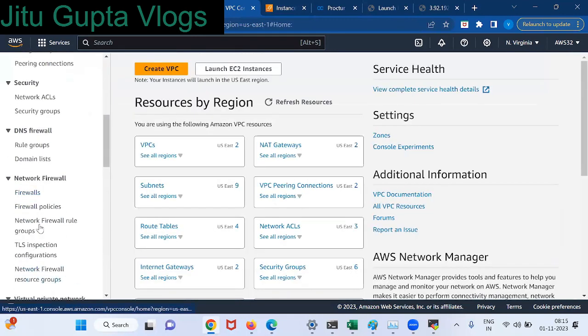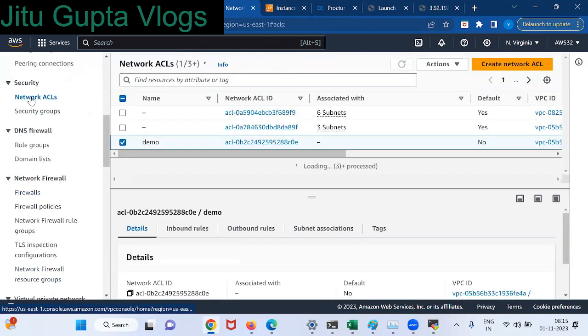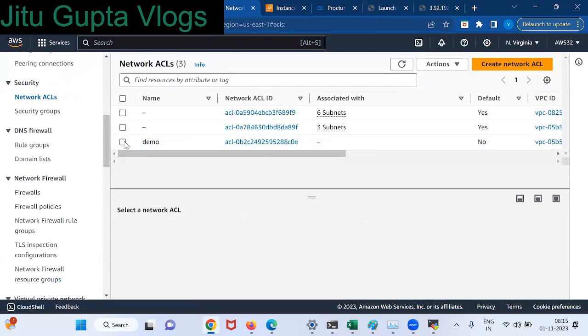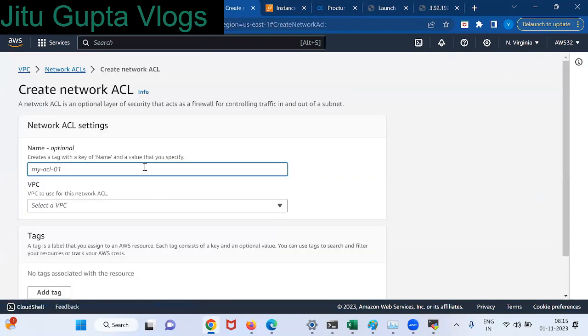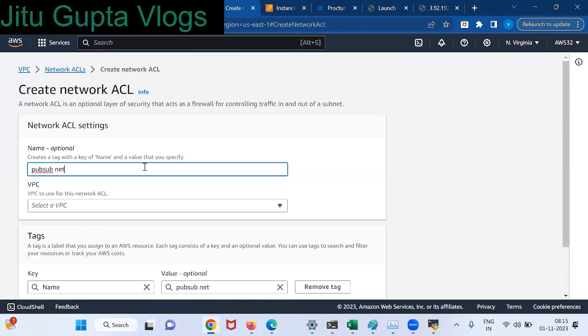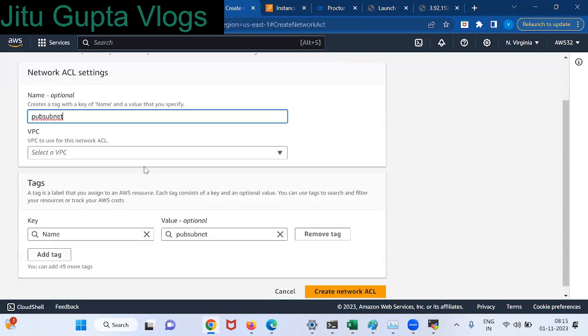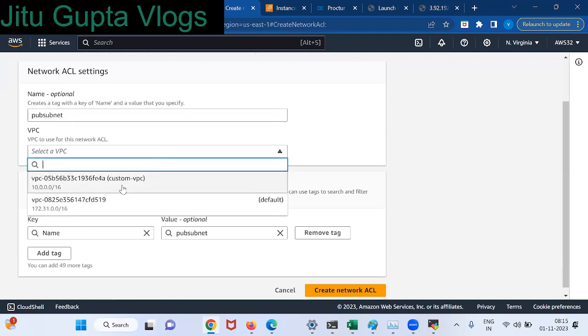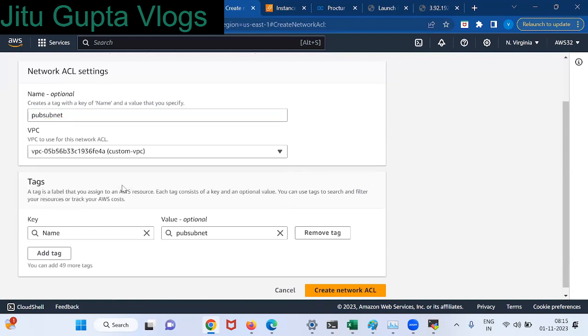Give any name so that I can create. Okay. I'm going to create a fresh NACL rule so that afterwards I can attach it to the subnet. The name is public subnet. I should select which VPC, right? First of all, my subnet is in which VPC.